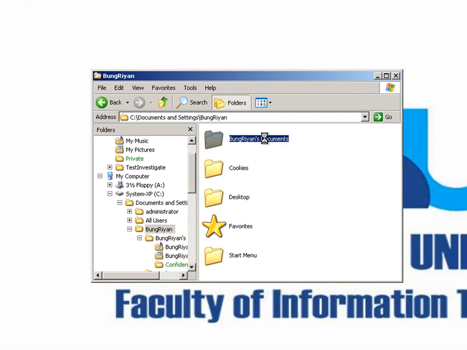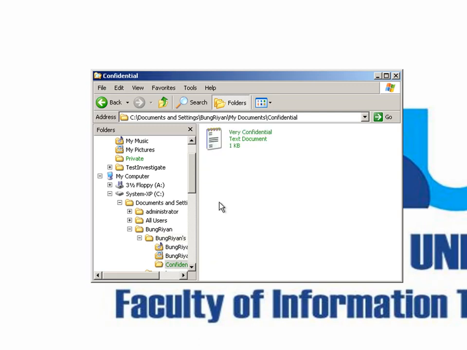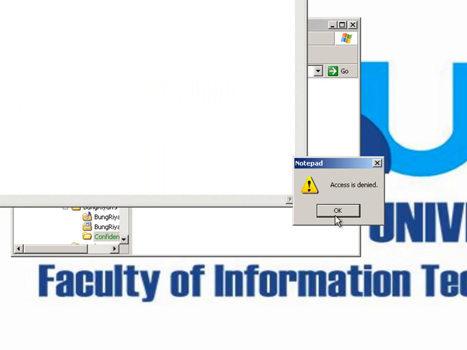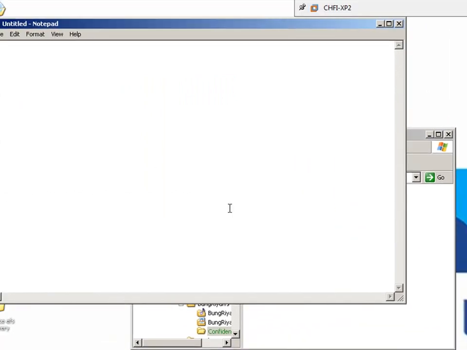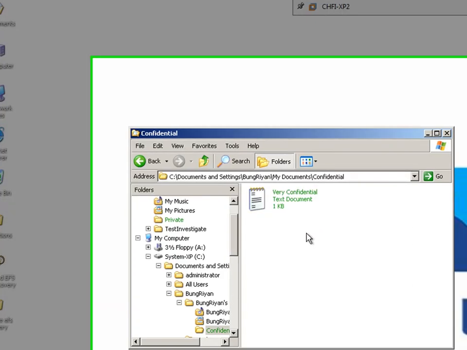In Bung Rian's documents, I created a folder named confidential, and inside the confidential folder there is an encrypted file, encrypted by using the password login of Bung Rian. So what if I want to open these files? Access is denied, and there is nothing in the file. So only Bung Rian can open these files.